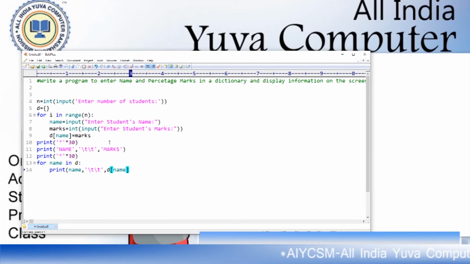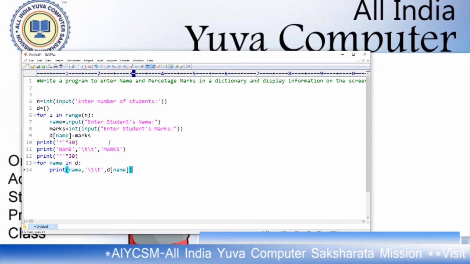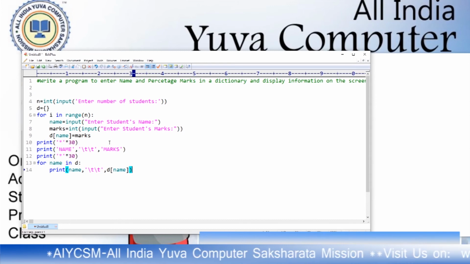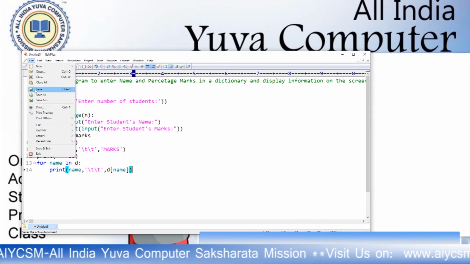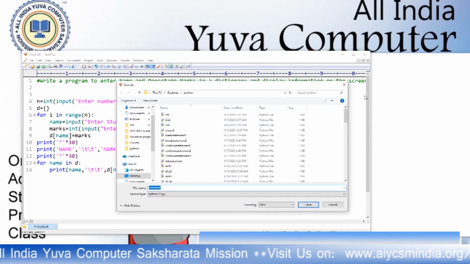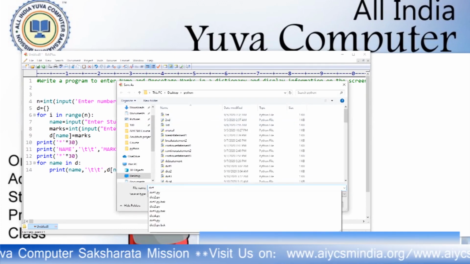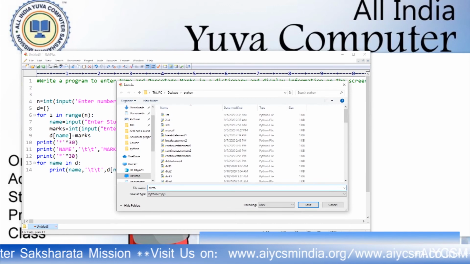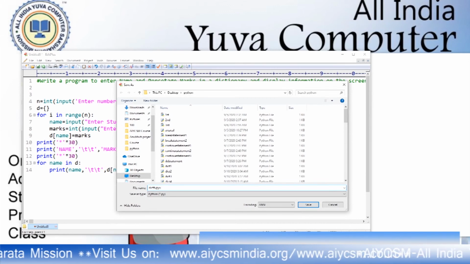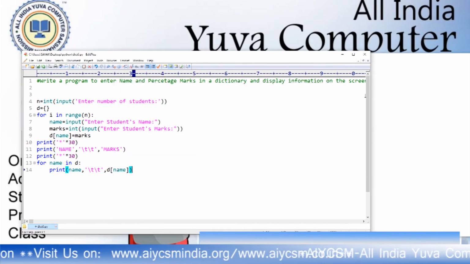Now if you write like this, for name in D, I have to print the name and D of name, and save it. You save it as dict6.py and run it from the command prompt.